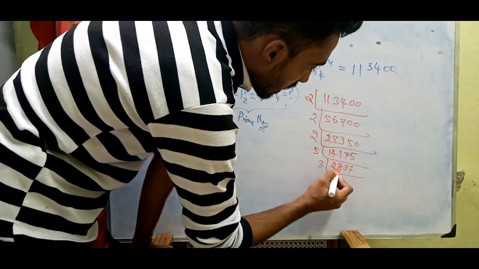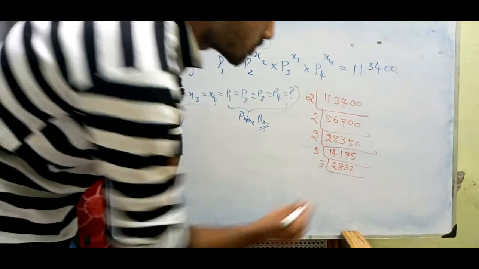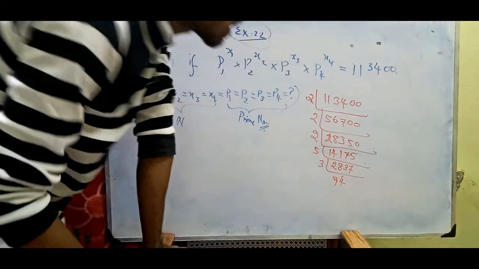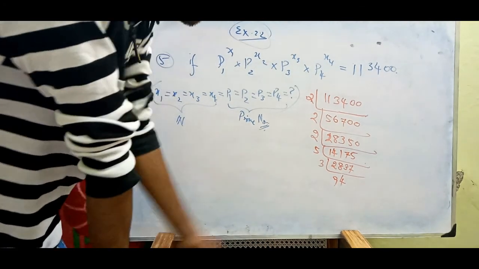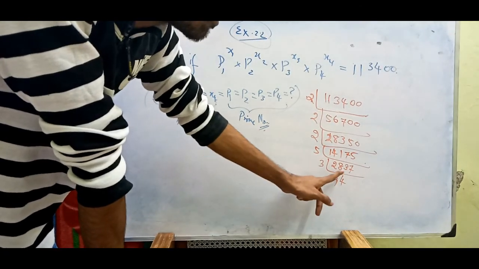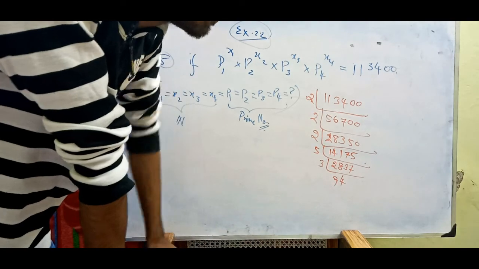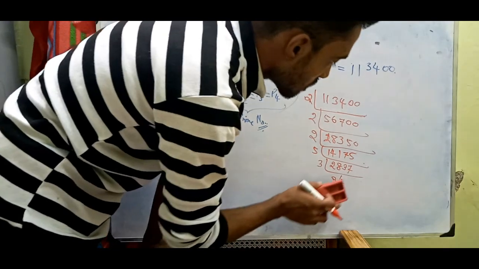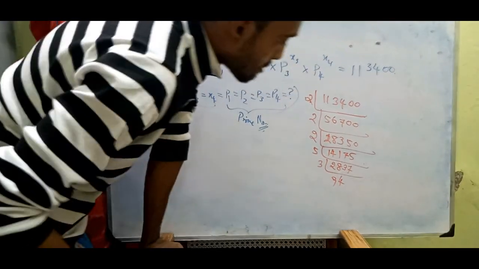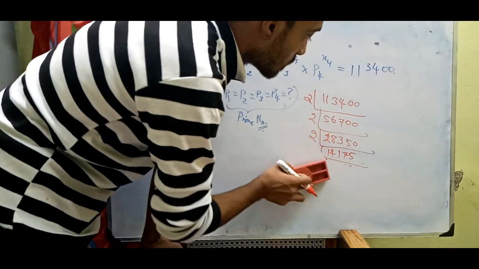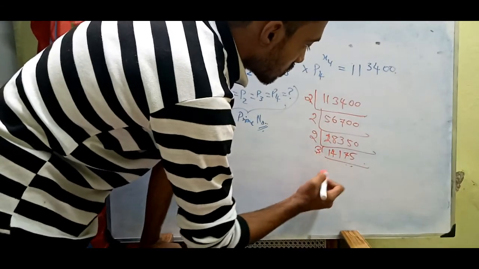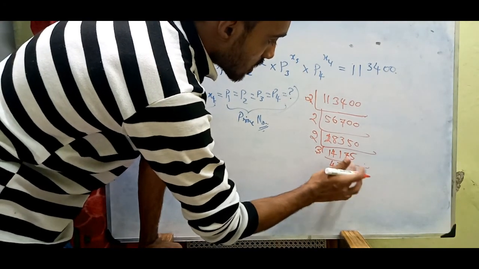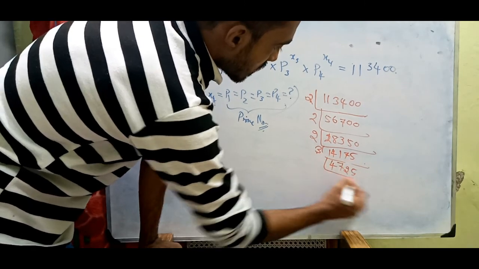See 3 8s are 24, 3 9s are 27, so remainder 33, 3 4s are 12, remainder 17, something is not working, so okay, so 3 9s are 27, remainder is, 3 4s are 12. Okay, let us do it in this way. 3 4s are 12, so remainder is 27, 3 7s are 21, 3 2s are 6, 3 5s are 15,